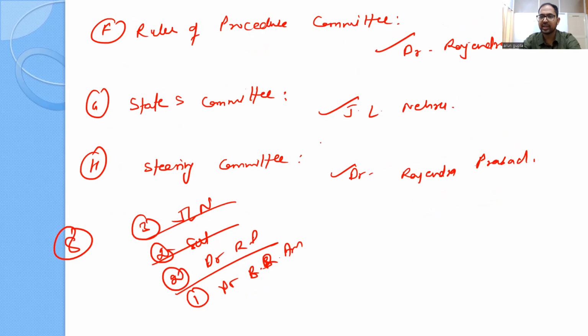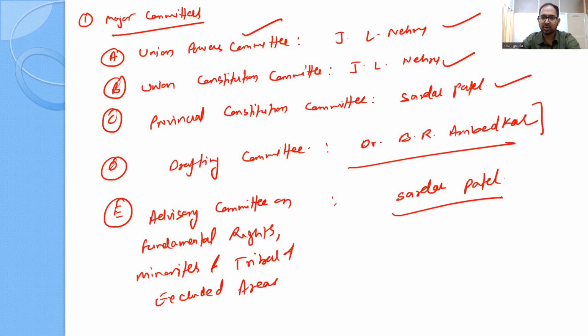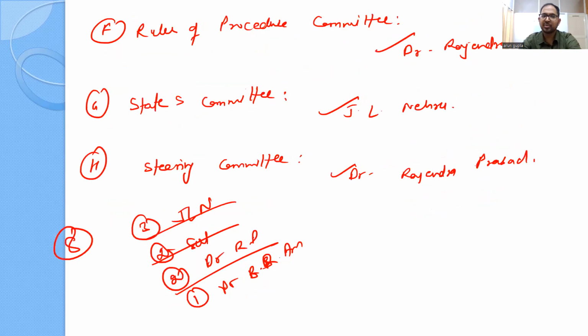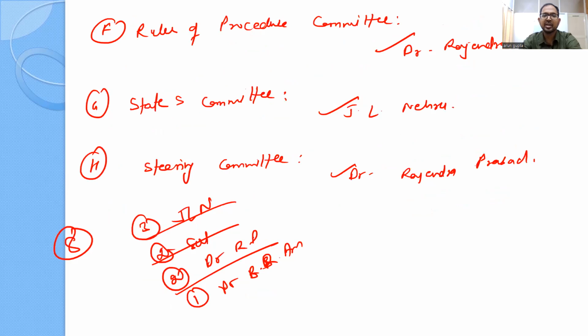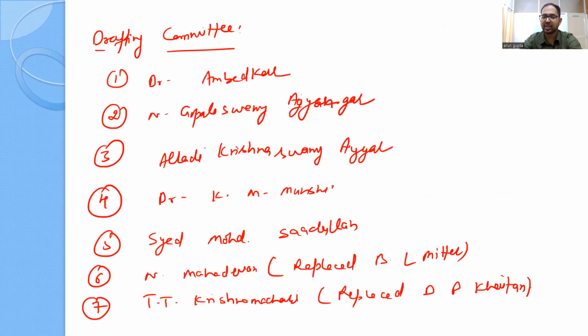You can see again. Okay, Union Powers Committee, Union Constitution Committee, and States Committee were headed by Jawaharlal Nehru. Provincial Constitution Committee and Advisory Committee on Fundamental Rights, Minorities and Tribals were headed by Sardar Patel. Drafting Committee headed by Dr. B.R. Ambedkar. And Rules of Procedure Committee and Steering Committee headed by Dr. Rajendra Prasad. Now, the Drafting Committee, this is again a very important committee, and sometimes they may ask the members of